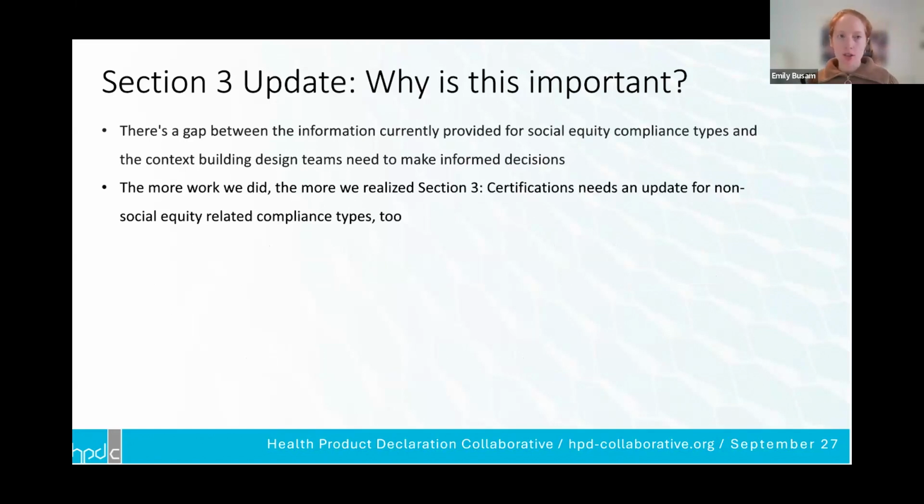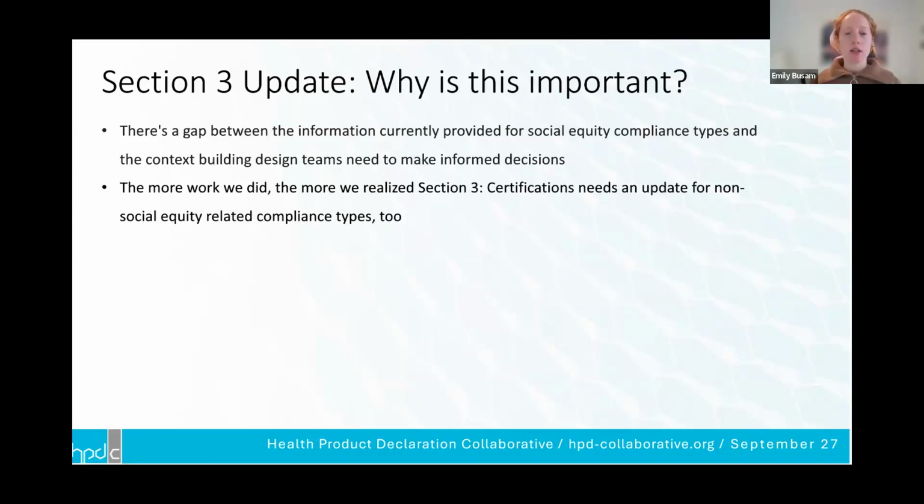I already touched on this a little bit, but we also have just found that this is important because there's a gap in the information that's currently provided and the context that building design teams need to make informed decisions. So sometimes they get information, but they don't know what it means. They need more context around those to better make more informed decisions.